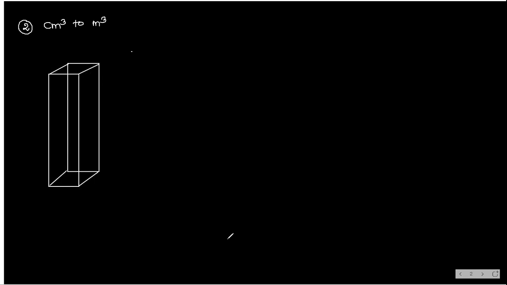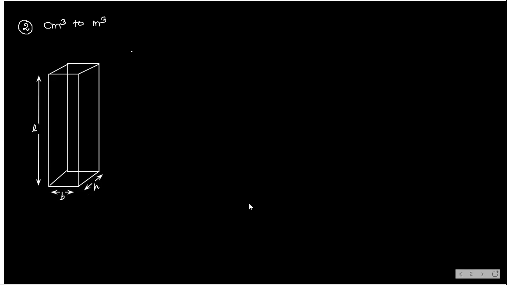This is a brick, you can see, and this is its length, or breadth and height, whatever you want to say. Let us suppose this is B and this one is height H. So I am taking this as L, length, this as breadth, and this as H. L, this is B, and this is H.